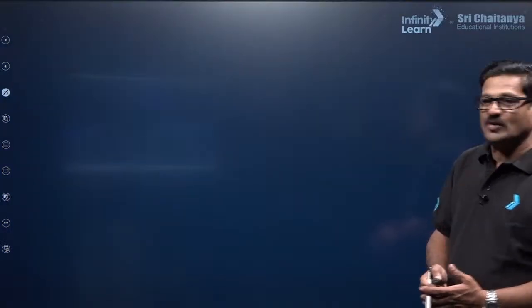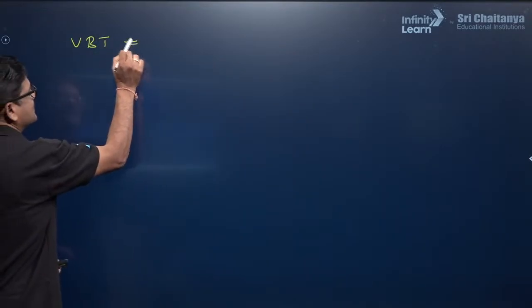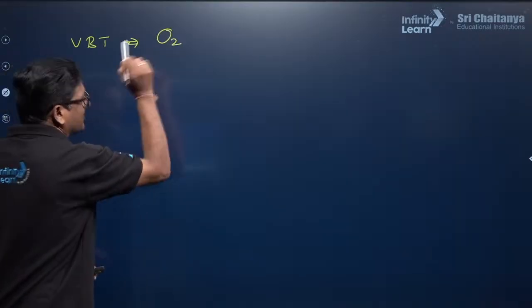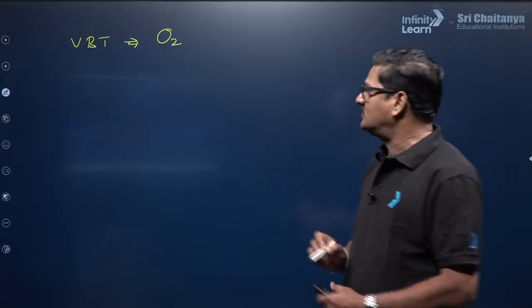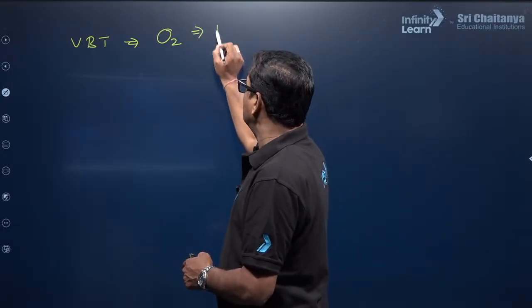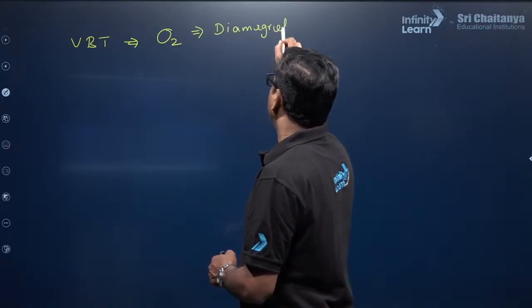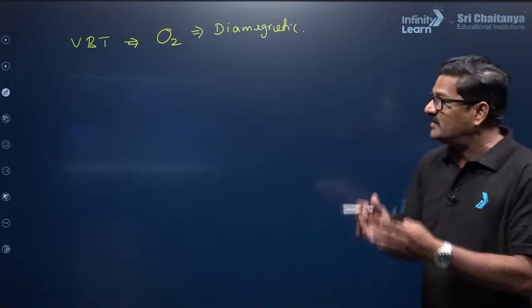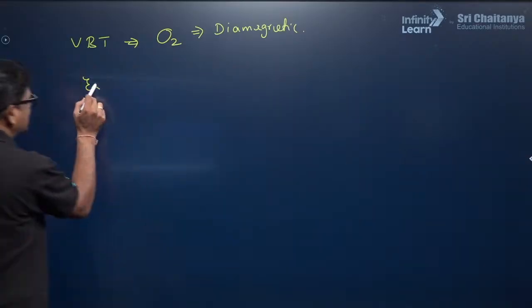So let's talk about the molecular orbital theory. Why this molecular orbital theory? Let us talk about, according to VBT, valence bond theory, what is the magnetic behavior of oxygen. According to the molecular orbital theory, it can be explained, but according to VBT, it is going to be diamagnetic. But when you do it experimentally,